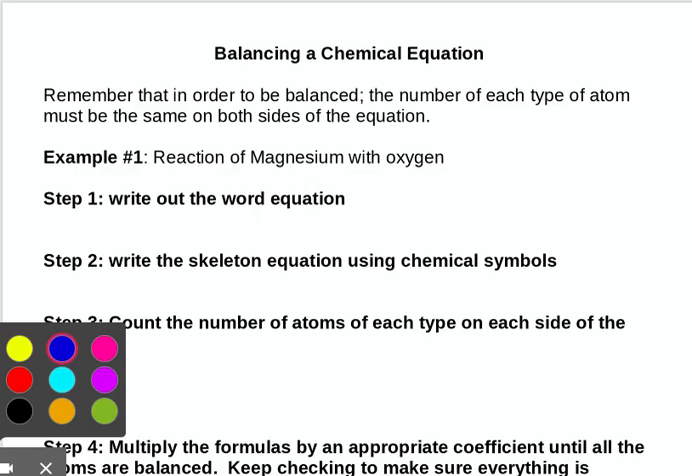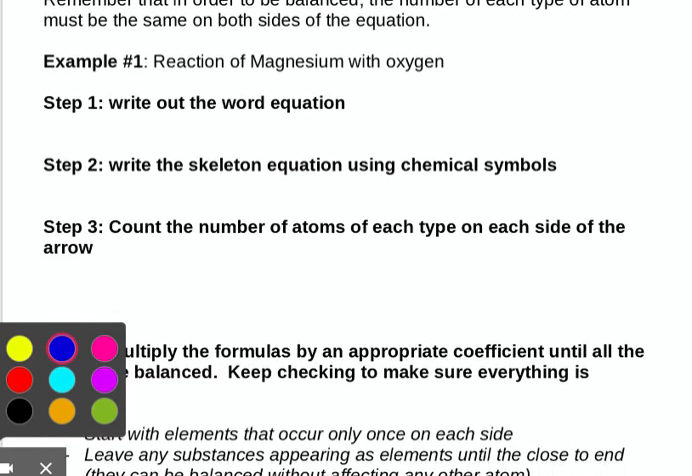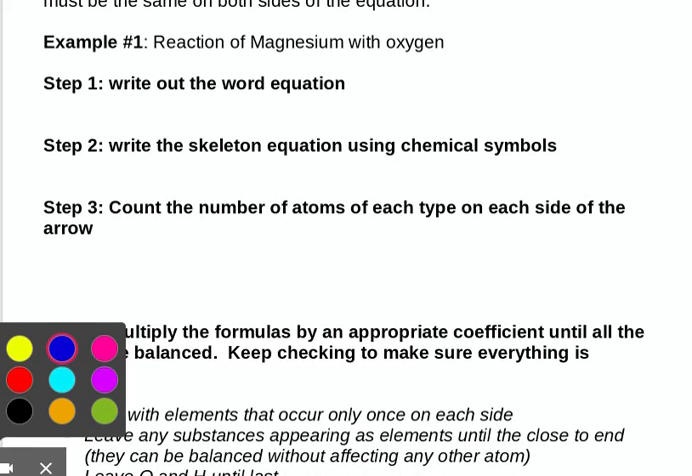So in our first reaction, we are looking at magnesium and oxygen. What we want to do is start by writing out a word equation. Again, I'm showing you all of the steps. You will get to the point where you could probably just write out the skeleton equation using the symbols. So our word equation is,